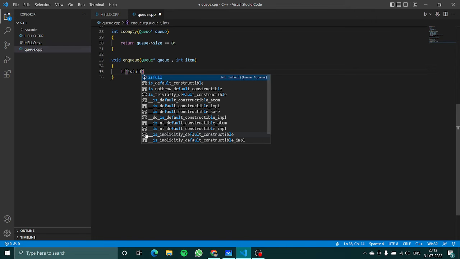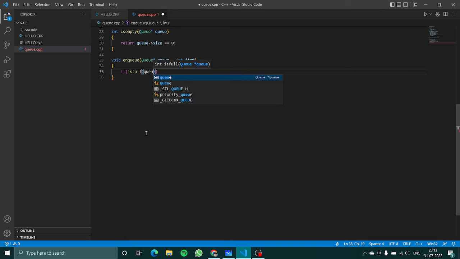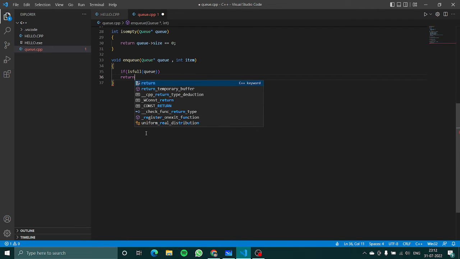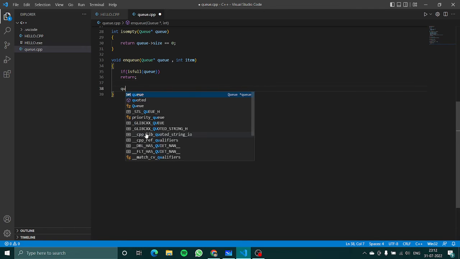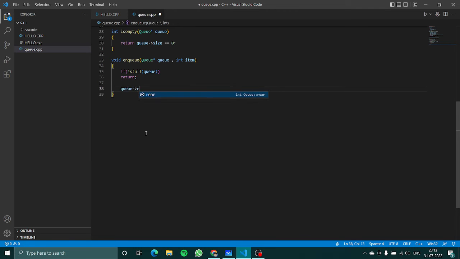is full, Q return. That means we don't have any space to insert this element. We'll simply return it. Otherwise, what will happen is, what did I tell you? Q's rear would become Q's rear plus 1